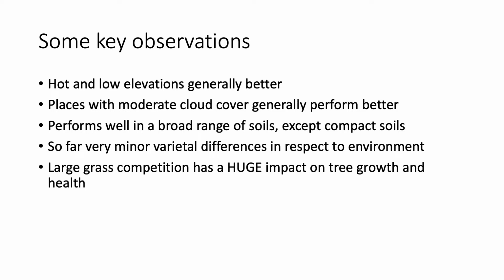So far, we've noticed very minor varietal differences in respect to the environment. This essentially means that if your farm is a good habitat for breadfruit, it's a good habitat for all varieties of breadfruit. It's not like one variety does really well in the cold, or one variety handles a lot more moisture or sunlight than the other. They really all do seem to perform more or less equally well across environmental